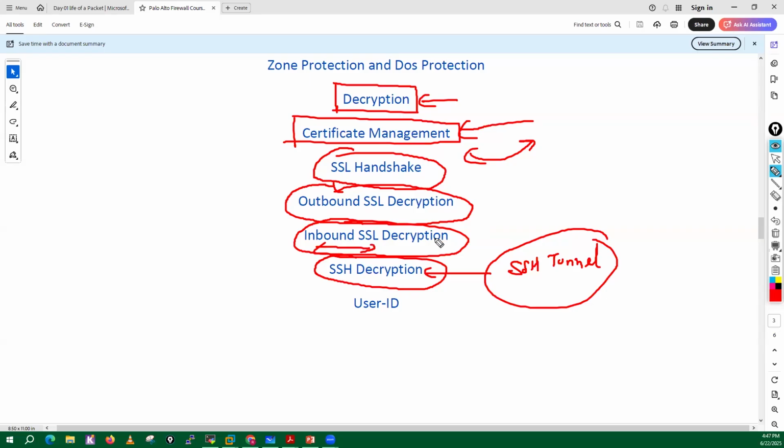We will also configure inbound SSL decryption. Whenever anyone from outside tries to access your servers in the DMZ and tries to send some malicious payload, my firewall can block that type of malicious content. In that case, we have to configure inbound SSL decryption with Content-ID. All those practicals we will do, because nowadays, guys, whenever you communicate with the internet,